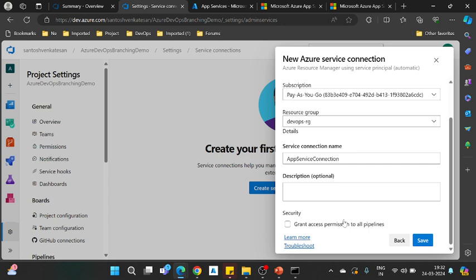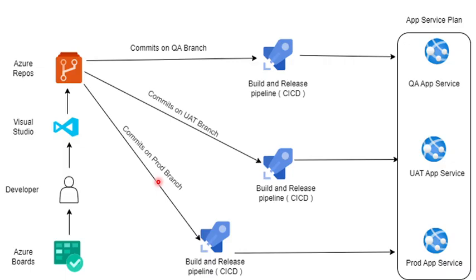So the next step is, we have three branches: QA branch, UAT branch, and production branch. Production branch is nothing but your master branch. So we need to create the QA branch and then the UAT branch from the master branch. Basically, we are going to create a copy of QA and UAT from the master branch. Just go there,